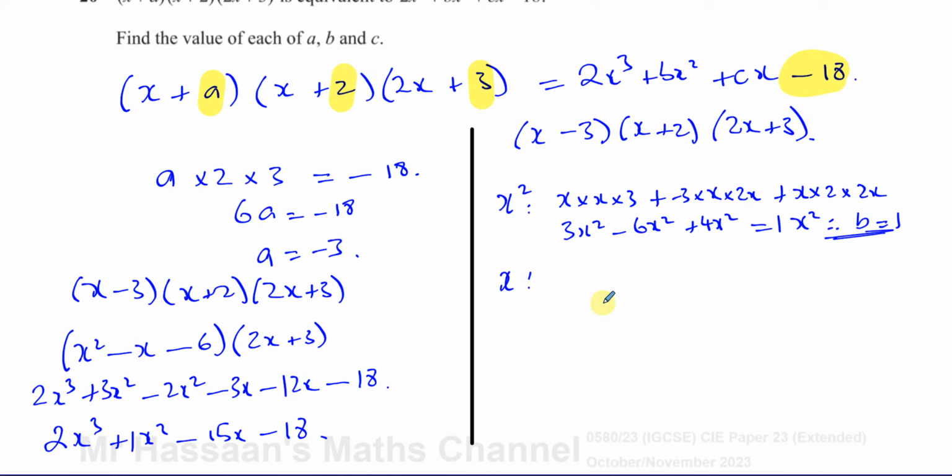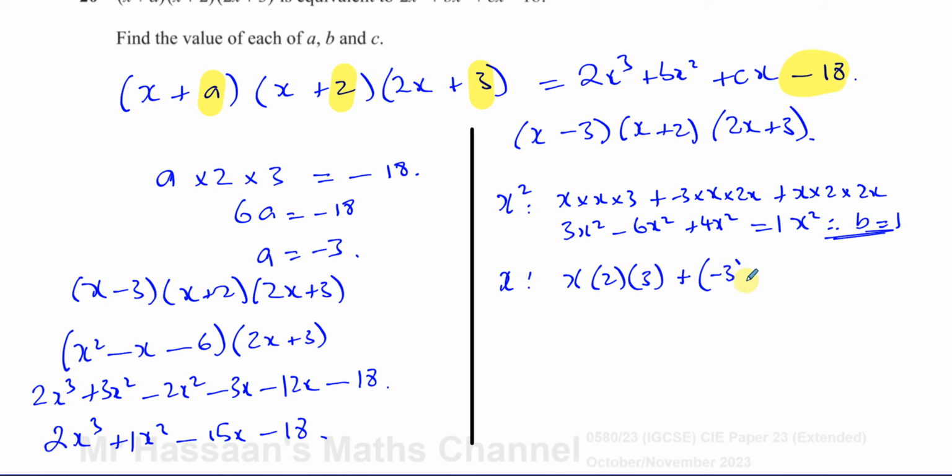And for the x term, that means we're going to have an x from one of the brackets multiplied by the constants from the other two. That's how you end up with just x. So you have x times 2 times 3. I'll write it like this to make it clearer. Then you're going to have